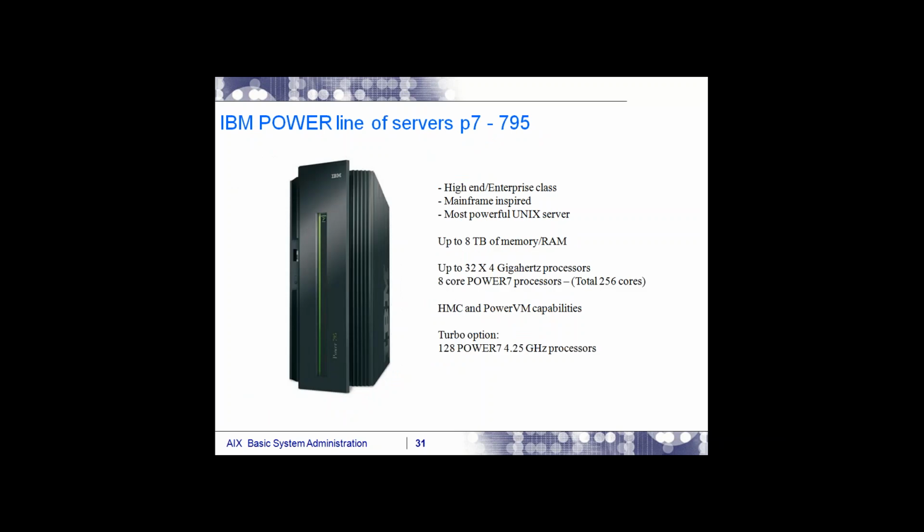And this is totally high end. The most powerful Unix server, with 8 TB of memory and up to 32 processors at 4 gigahertz. We have 32 processors, and each processor is capable of scaling to 8 cores, so 32 into 8. You know, it is almost 256 cores of processor it is going to have. In some environments they are using this server. It's very costly. I'm telling you, very, very costly.